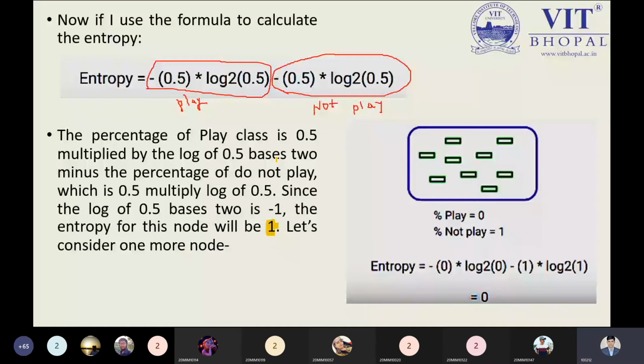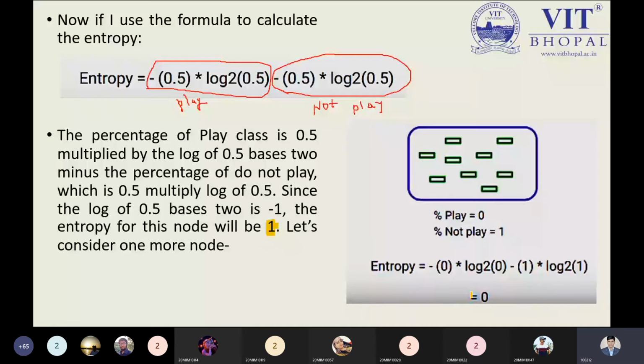Rather than mixed data, suppose we have the same kind of data. It means no classification is required. Just listen, no classification is required. But let us calculate its entropy. I can see the data manually, but the system is required to calculate all these things. If I use the entropy calculation here, the percentage for the play part is none, and for do not play we have 1, because 1 means 100%. So put this value and entropy will be 0. So definitely the information gain here would be 1 minus 0, which means we are getting 100% information gain. That is my point.